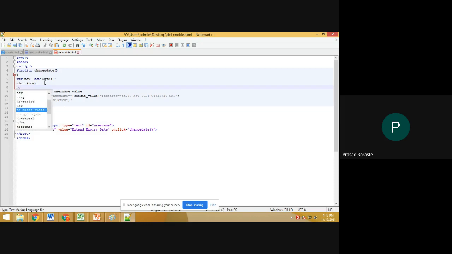For that, in this we are getting our date. There is a function named setMonth. In that, date.getMonth.